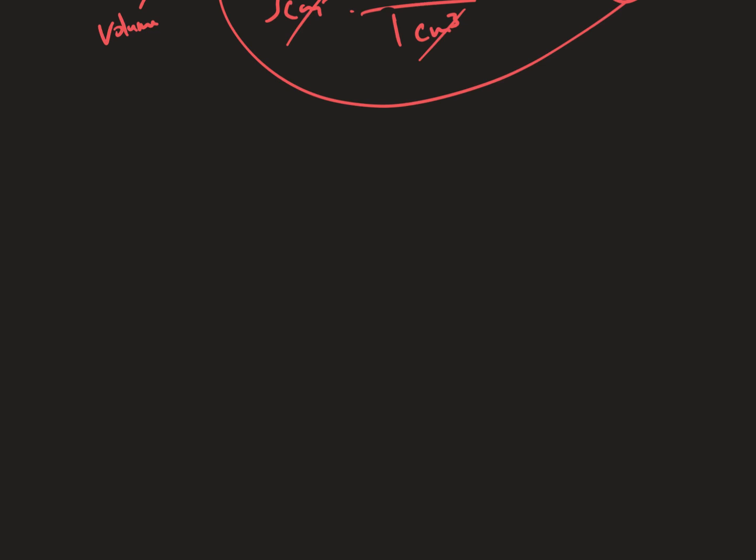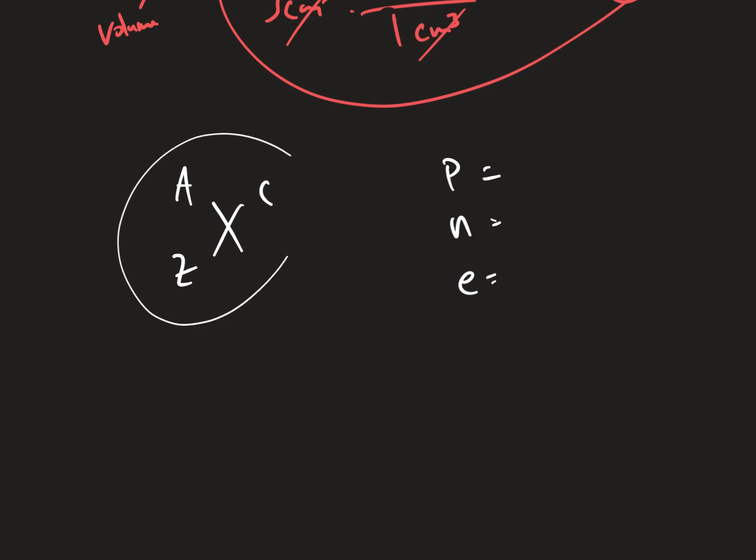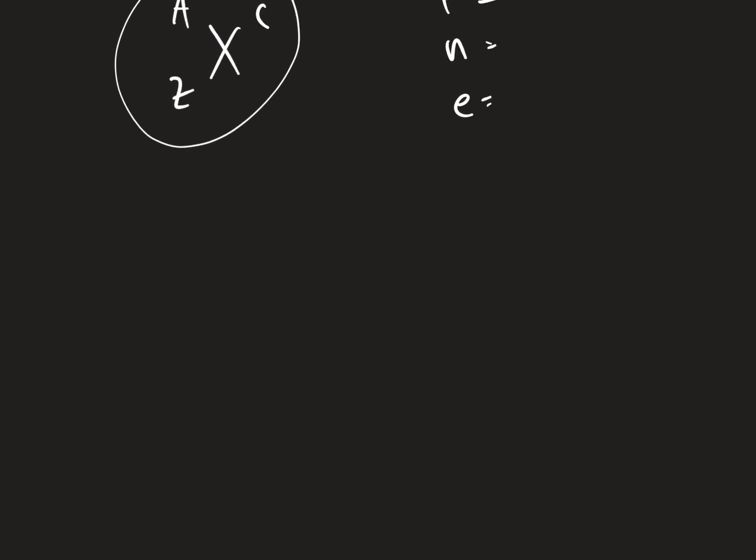We got to know, if we're given an isotope in this form, how many protons, neutrons, and electrons there are. And we do this. So I will give you actual numbers, right? Do you want an example? How are we feeling? Okay. So let's do